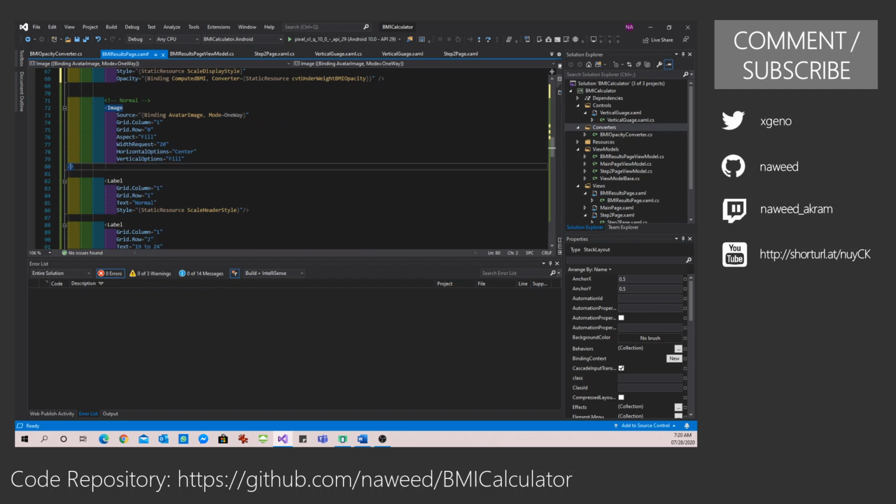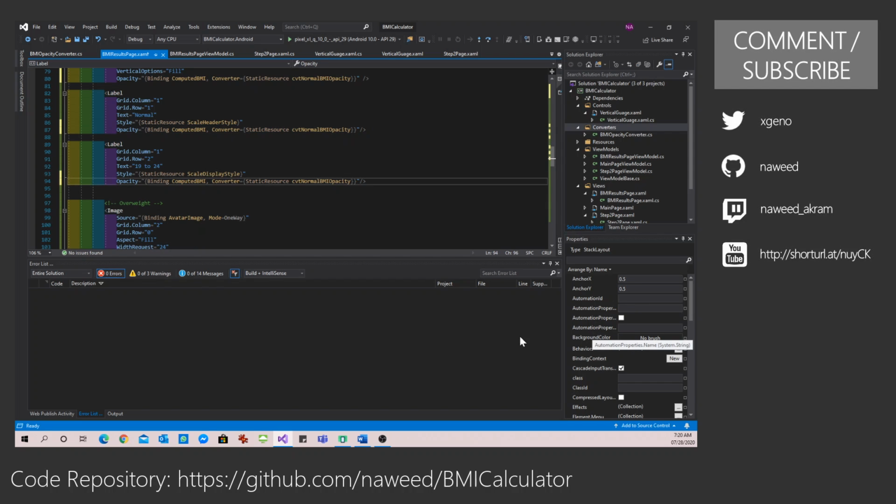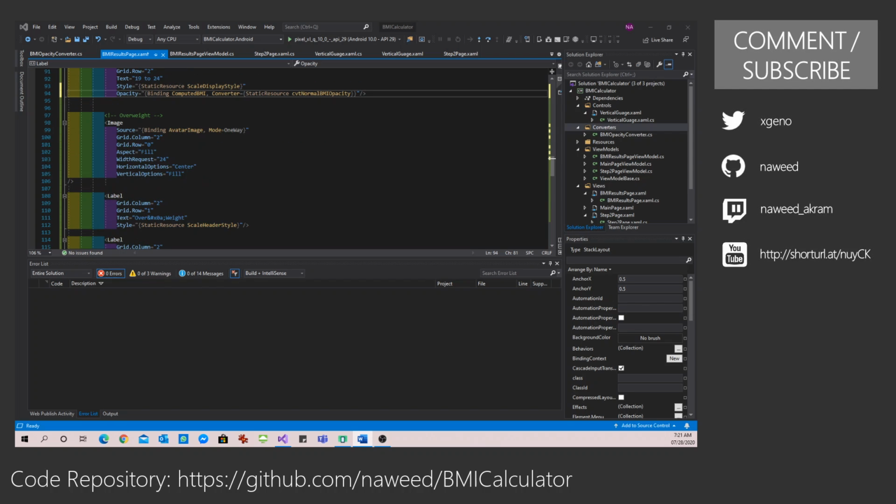So I can come over here, add the normal opacity converter, and I can do the same for all of the other ones.